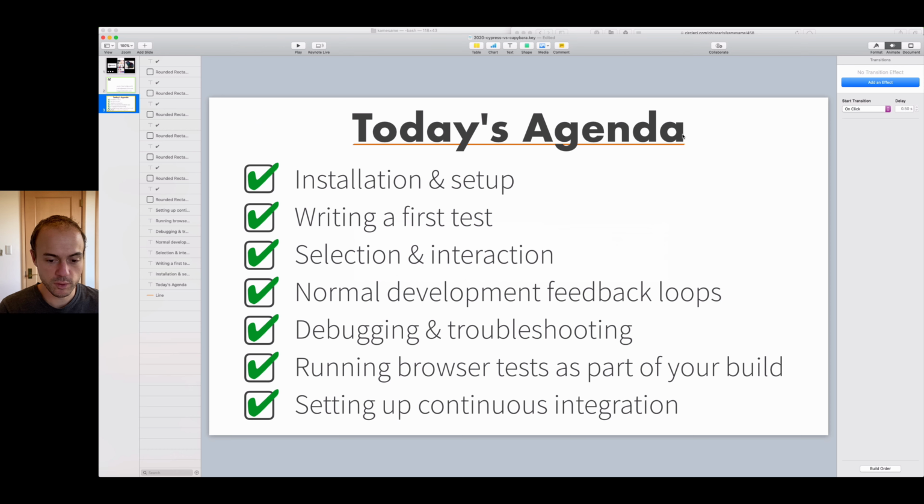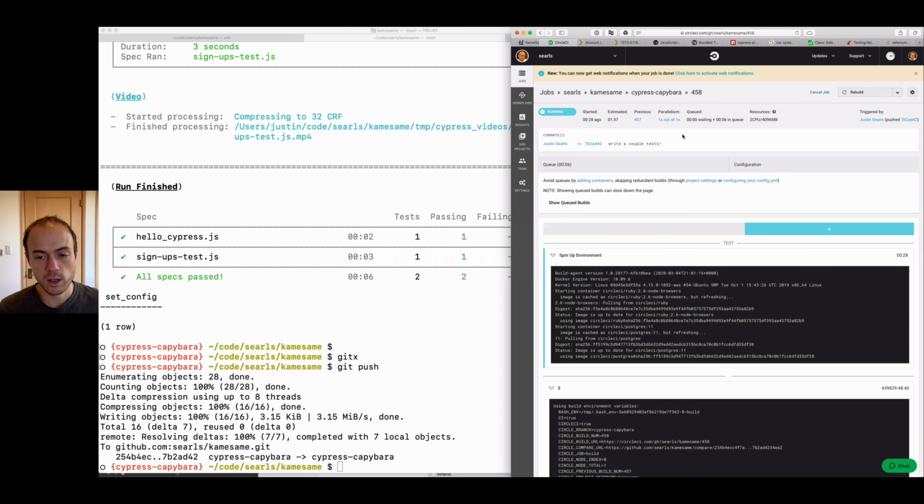I will mention that we're basically through everything that we hoped to get through in this series. So we got to see a little bit about what it's like using Capybara, what it's like using Cypress, and some of the pros and cons between the two. Honestly, my goal here today is not necessarily to say one's better than the other. My goal is to level the playing field so that for Rails developers specifically, it's a pretty even choice